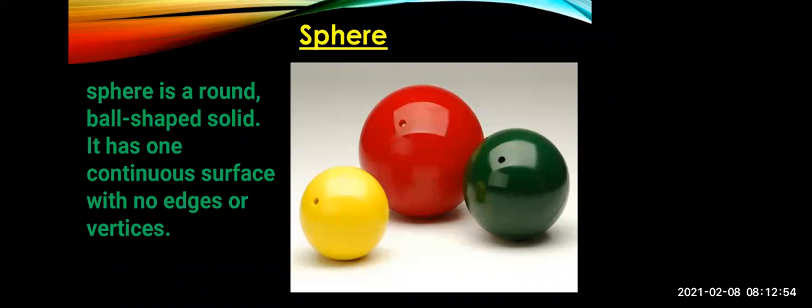We will see the properties of sphere now. See, the face is one. This portion is the face of the sphere, and the dark one is the edge. There are no vertices in a sphere. So a sphere is a round shape which has no vertices, this circular part, and the face is one.